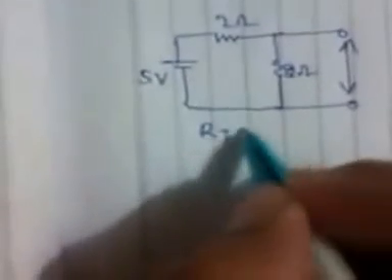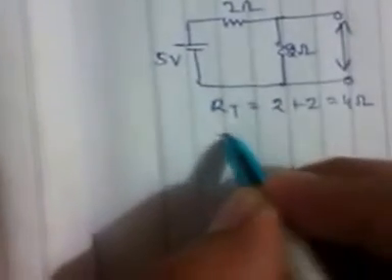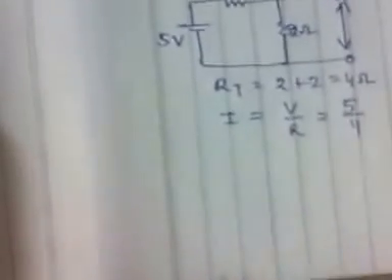Now you will find out the voltage across this 2 ohm resistance. So total resistance will be 2 plus 2, 4 ohm. The current flowing through the circuit is V upon R. V is 5, resistance is 4. So the voltage across this 2 ohm resistance is V equal to 2 into I, that is 2 into 5 by 4, 2 cancels, that's 5 by 2 volts. So this is your VTH. VTH is 5 by 2 volts.